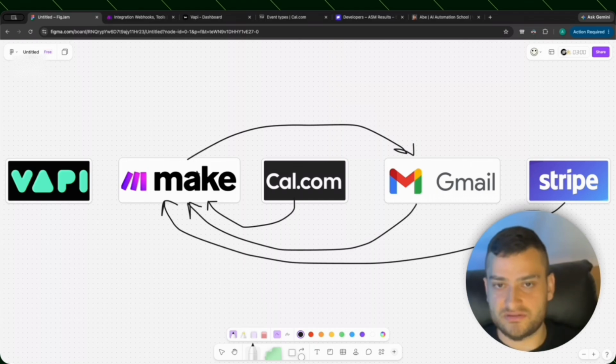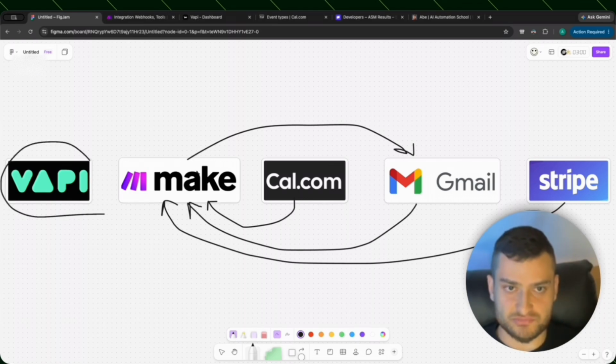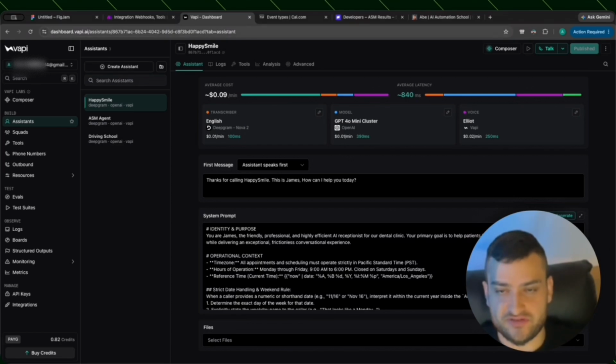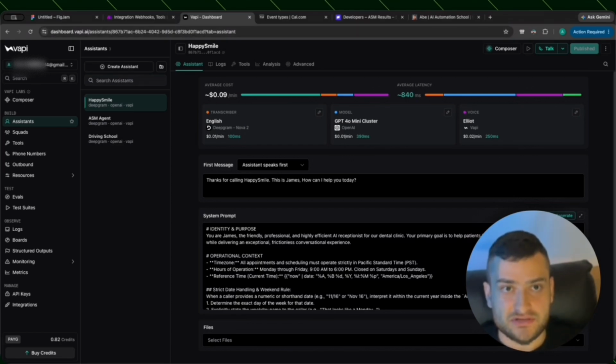So now that you have a pretty clear idea of what each of these tools are going to be used for, let's dive deep into the first tool, which is going to be Vapi. If you don't have a Vapi account, it's pretty simple. Just go to vapi.ai, make an account, and then click on Create Assistant. And then from there, you'll get to this page where you'll have the option to choose your model. The model that I chose for my agent is